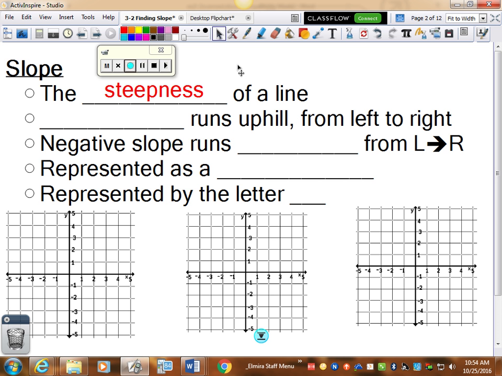When the slope is a positive number, that means the graph is uphill, or increasing. A negative slope runs downhill. And again, this is left to right when you're reading a graph. Just like you read words, like the word negative right here, I'm reading that from left to right. You read a graph from left to right. So down underneath here, I want to